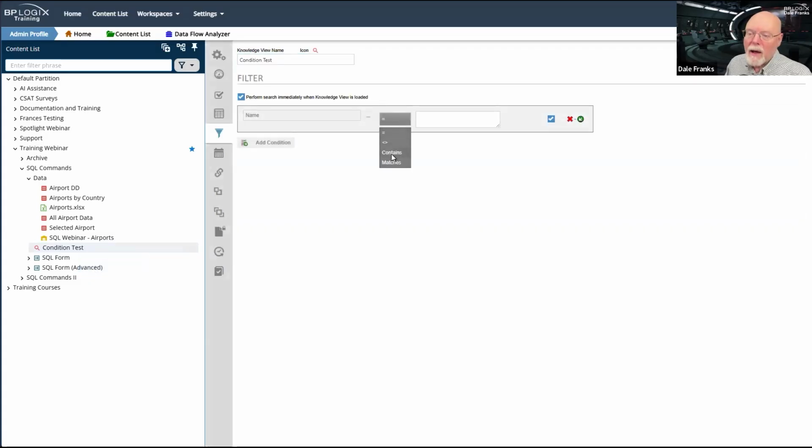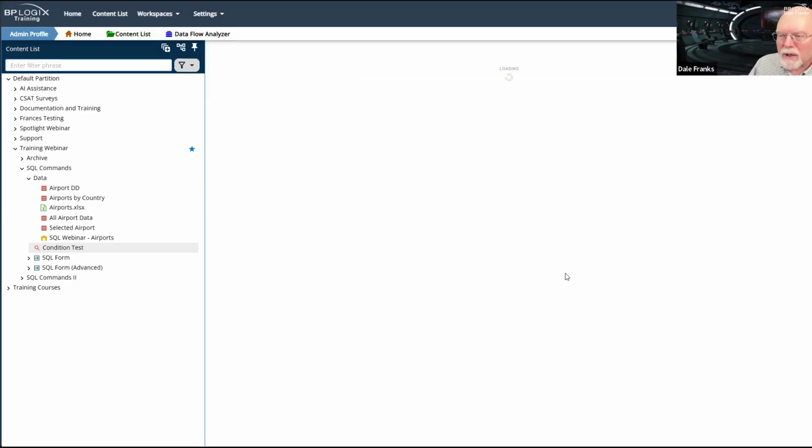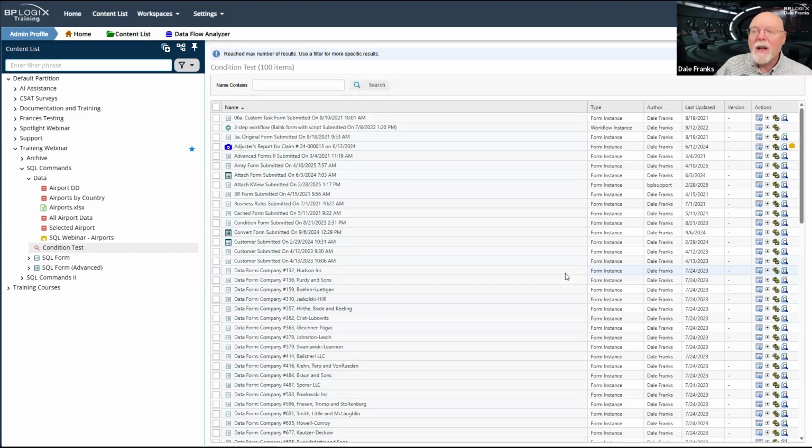But if I go back here and I change this to contains, and then I update and run, we're going to see something a little different. We're going to see everything. The reason is that contains defaults, if there is nothing in here, to showing me all of my records. So what gets returned is slightly different, and the default of how it gets returned, if no value gets passed, is also different.